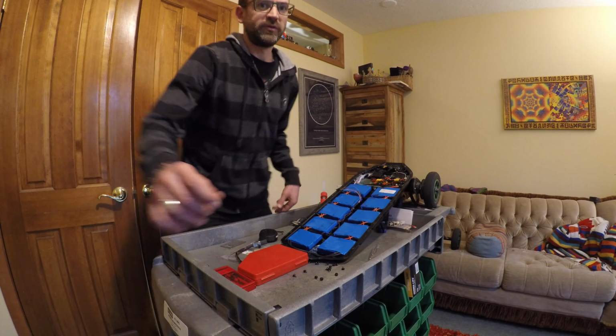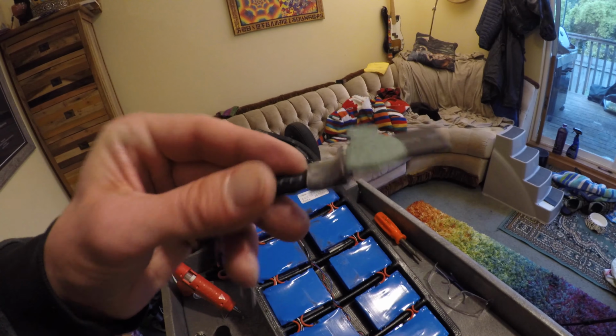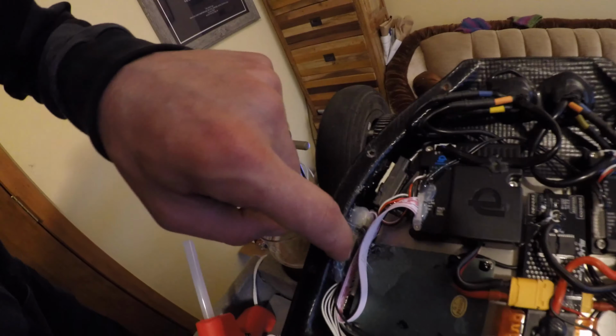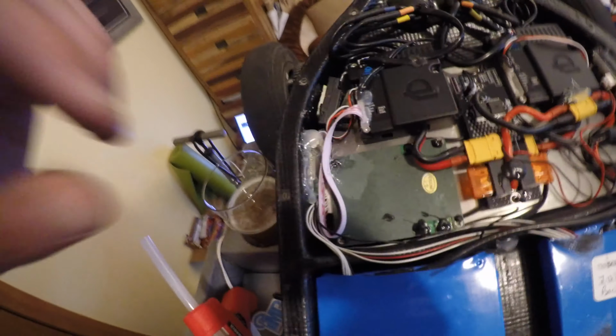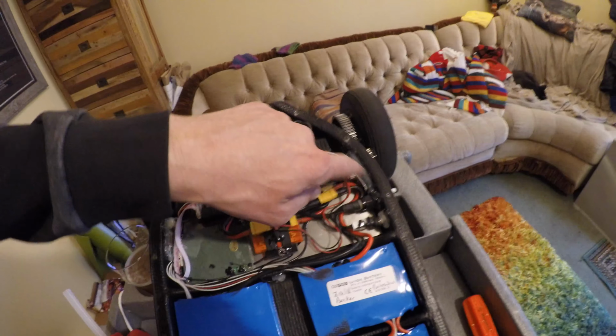Before I get started, I want to show you the only difference, hopefully, between my board and yours. I took this out. This is the original Bluetooth transmitter that came with the board, and it's been swapped for the Meter Pro, which I stuck in right over here. See, it's wired with like the 7 wires or whatever. So that's probably the only difference. Oh, I added something over here, but we're not going to talk about that stuff over there. Anyway,